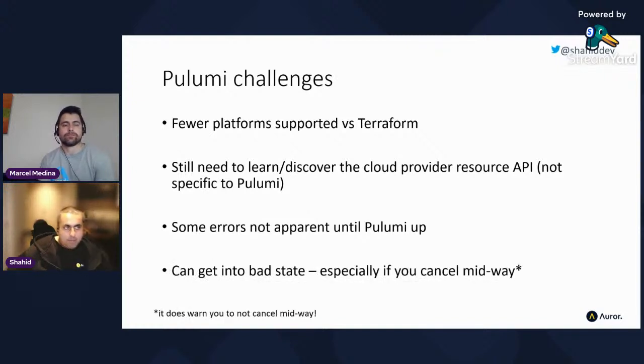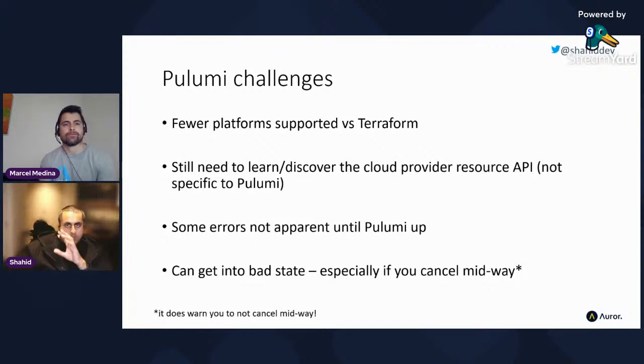But yeah, you can get Pulumi in a bit of a weird state, especially if you cancel while it's in the middle of provisioning stuff. So I mentioned that the way it works, broadly speaking, is that your code that you've typed in your general purpose language gets translated into a resource graph, and then Pulumi essentially makes CRUD requests to the cloud API to provision those resources.